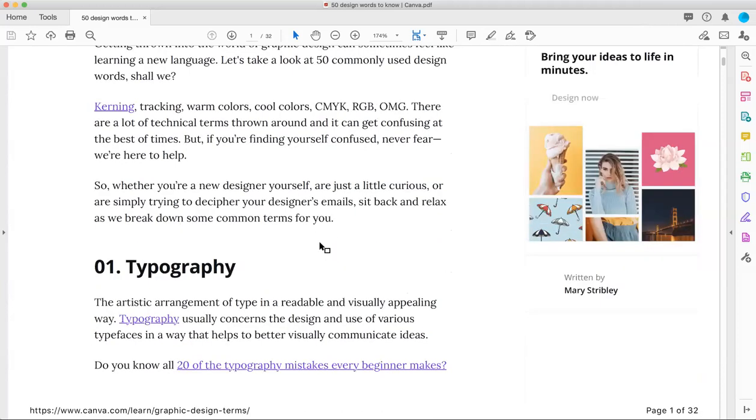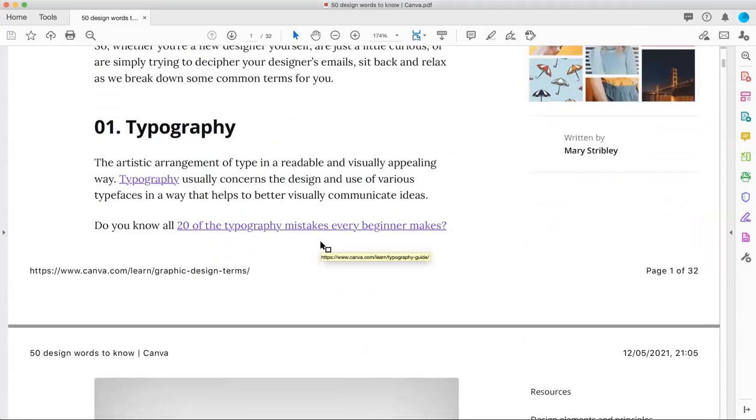So I'm going to start from typography, right? Now, there are many things that you might mix up together. There's typography, there's fonts, there's typeface, there's all of those many words that people use interchangeably, right? But typography in itself is majorly about the arrangement of text or type in a readable and visually appealing way, right? So, for example, if I say, I want a